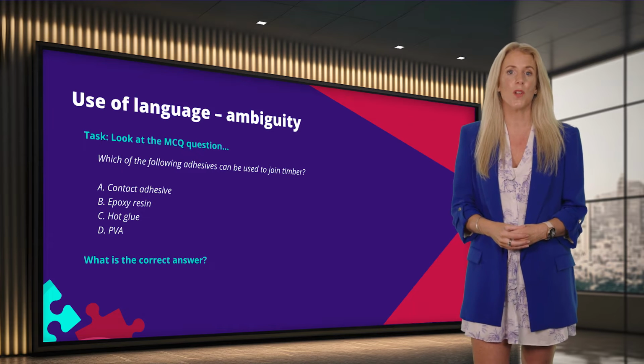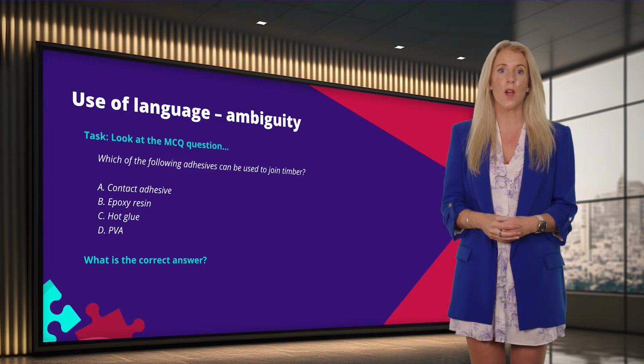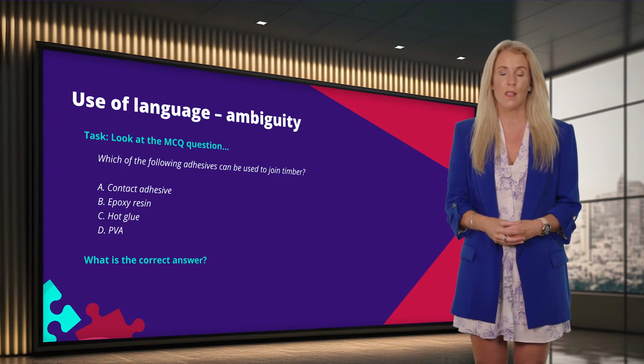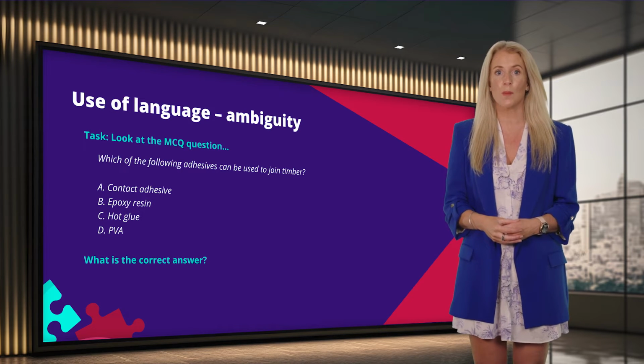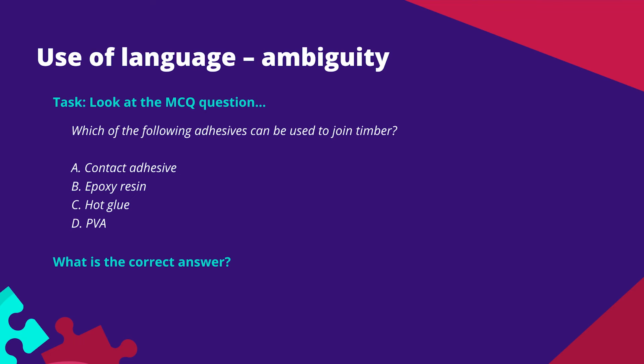This is particularly true when it comes to writing MCQs. It's important that there can be no possible other right answers. If more than one answer could be plausible, then marking that question becomes problematic. Have a look at this question, for example. Which is the correct answer to the MCQ? It's ambiguous, as technically any of the adhesives listed in the question are technically feasible, even though the correct answer